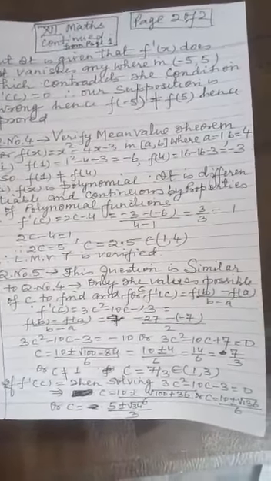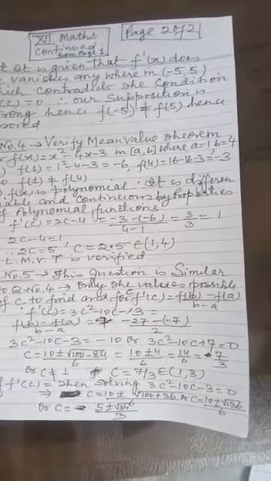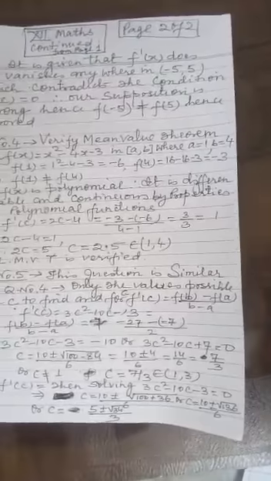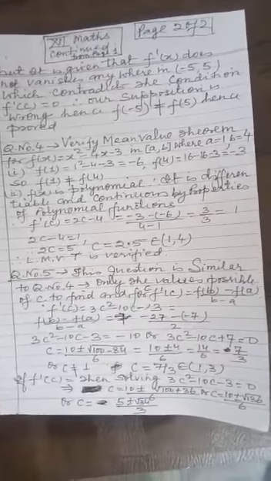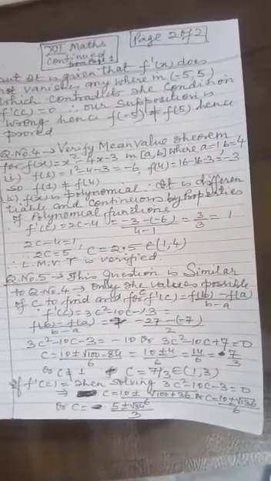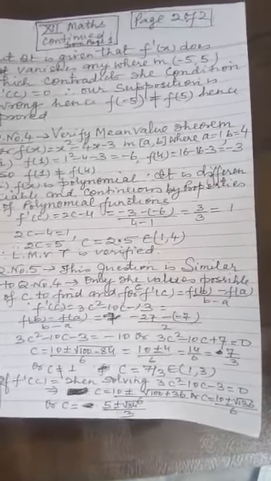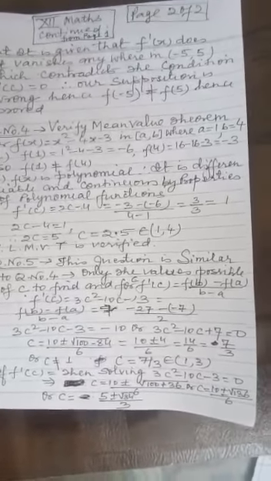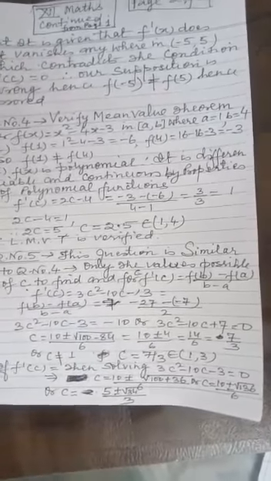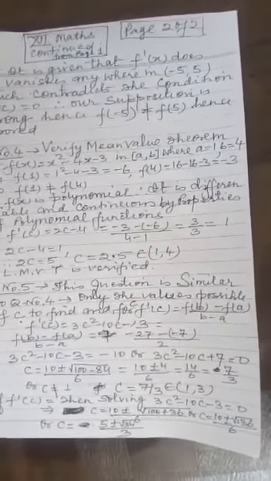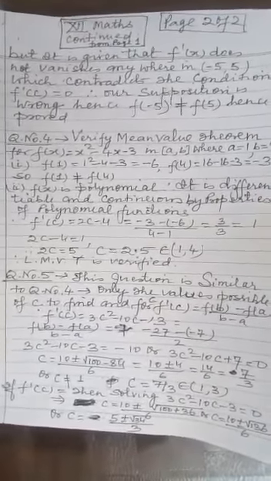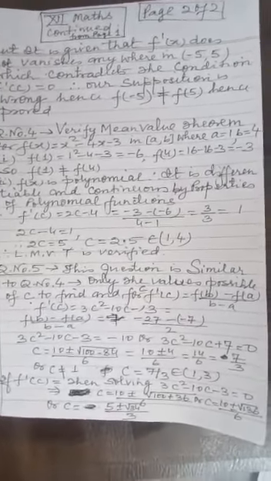Second, f(x) is a polynomial function, in the same way it is differentiable and continuous by properties of polynomial functions. And f dash c as per LMVT, there must lie c, and it should satisfy the condition f dash c equal to f(b) minus f(a) over b minus a, as explained in my previous lesson. So f dash c is 2c minus 4. Replace x in f dash x by c, you will get 2c minus 4 equal to 1, which gives c equal to 2.5, and it belongs to the interval 1, 4. It lies within the open interval 1, 4. So all four conditions of LMVT are satisfied, therefore LMVT is verified.